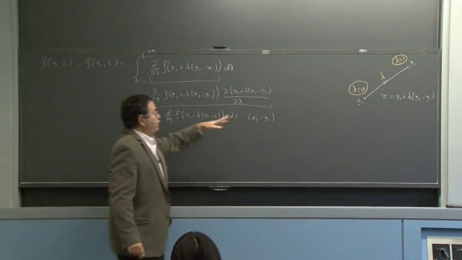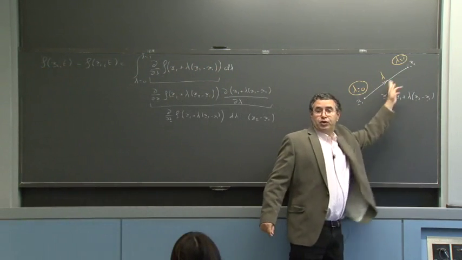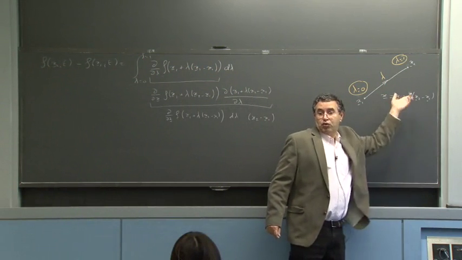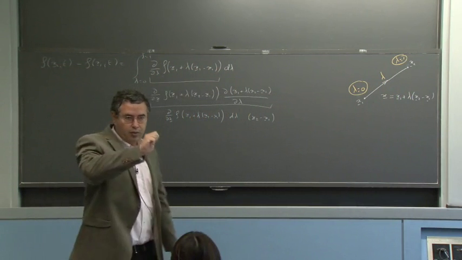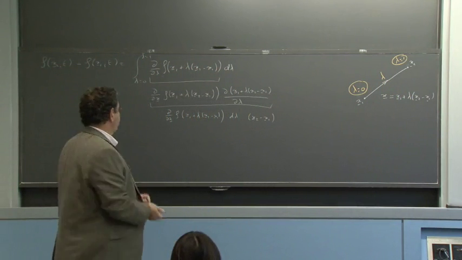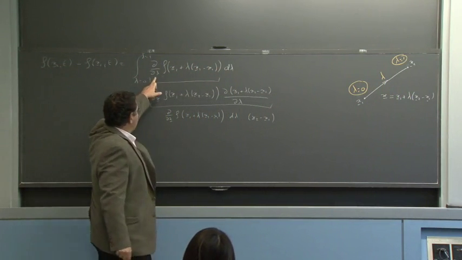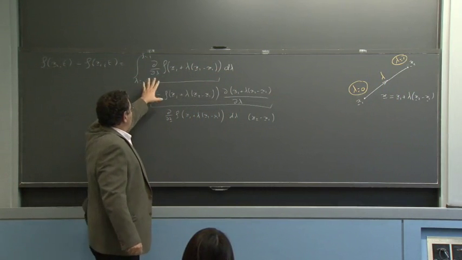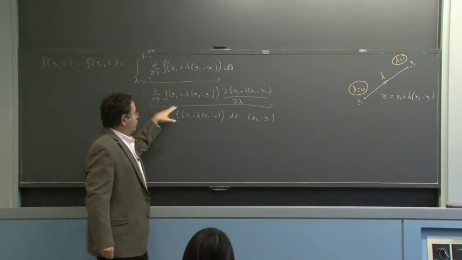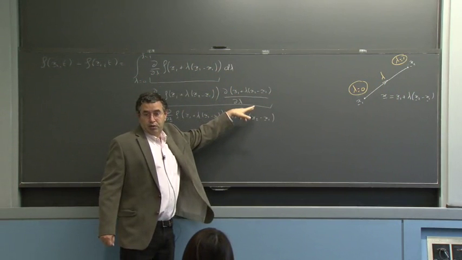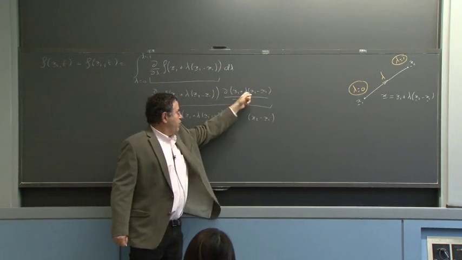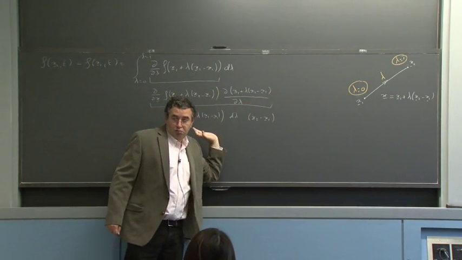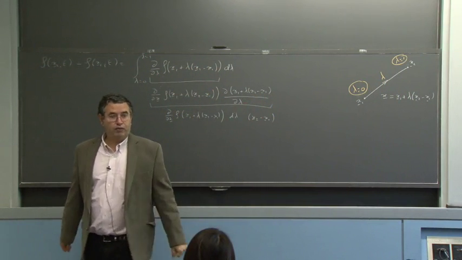So f1 minus f2, one way of computing it is just along this line. If we do that, it means we compute all the variations along this line as lambda varies. Using the chain rule, d over d lambda is d over dx times dx over d lambda, and dx over d lambda is simply x2 minus x1, which is independent of lambda. So we get it out of the integral.